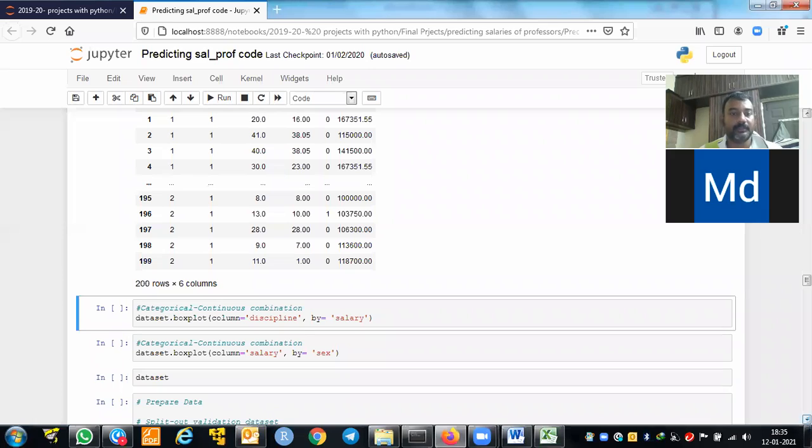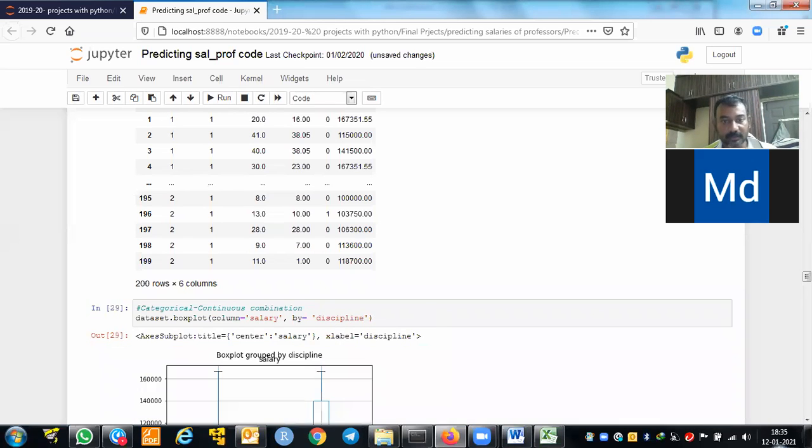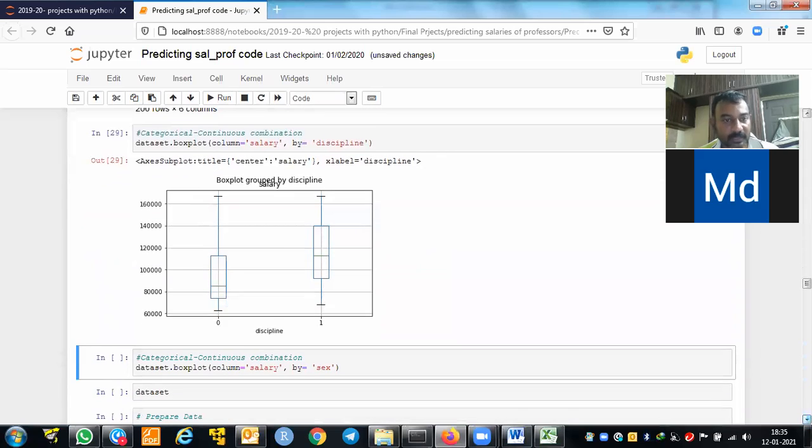Okay. So now I have converted discipline, then I am seeing if there is any relationship between discipline and salary. Actually it should be reversed. One minute. Here it should be salary by discipline. So this is where we can see. Now we will see if there is any relationship with salary. Yeah, obviously